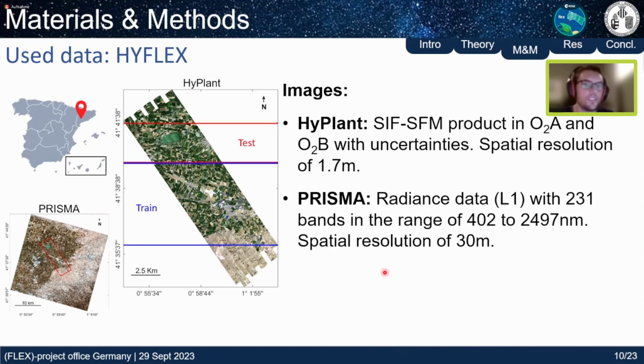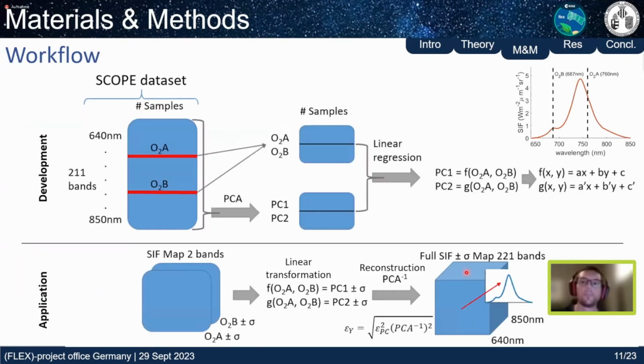with the 231 bands in the range of 400 to 2500 nanometers with a spatial resolution of 30 meters. So we will resample the two images to the spatial resolution of 30 meters, so we can take some pixels from the same place in both images. So after this introduction and all this data presentation, I will try to explain a bit the SIF reconstruction technique